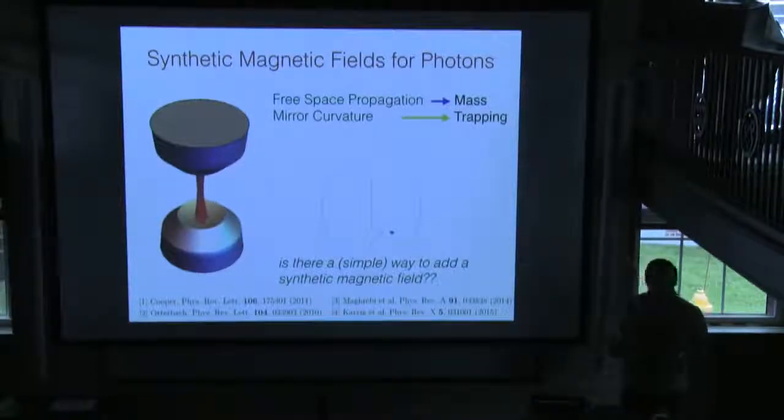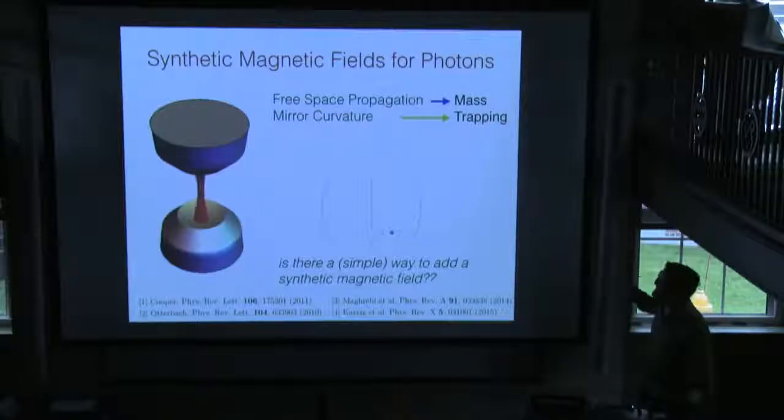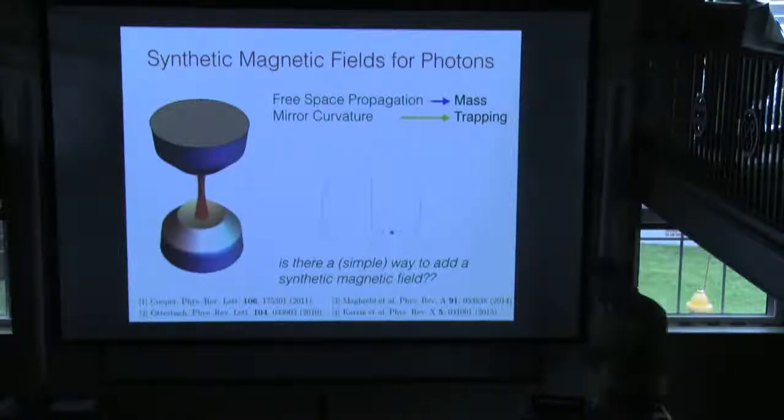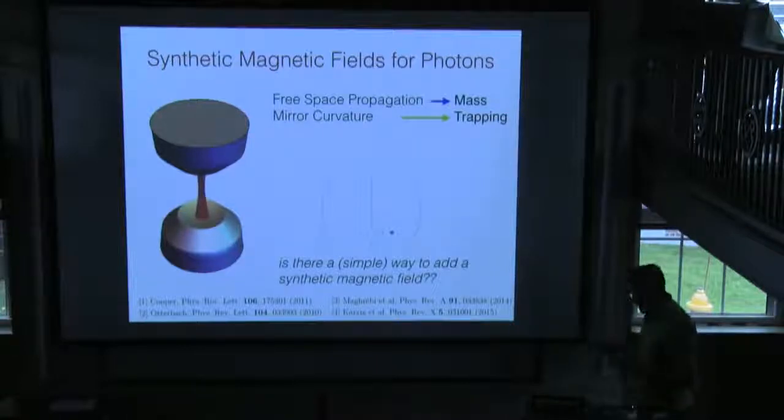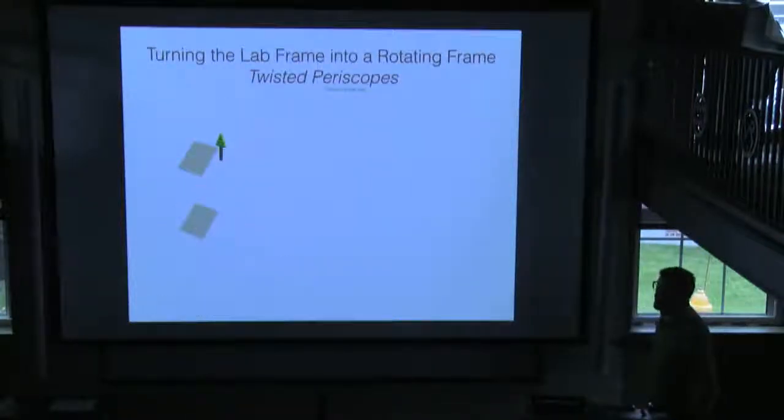So the question is, is there a way to add on top of this a magnetic field for the light? And what I'd like to argue here is that the answer is actually yes. Okay, and that's resonator twist. Now in a two-mirror cavity, resonator twist is not a thing, right? You can turn your mirrors all you want and nothing happens. But if instead we take a four-mirror cavity,